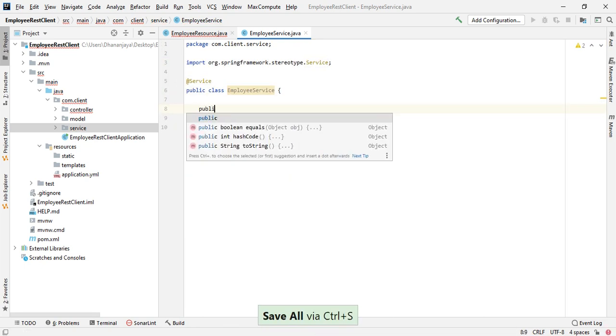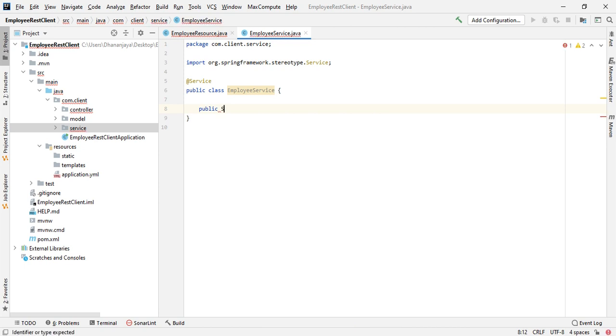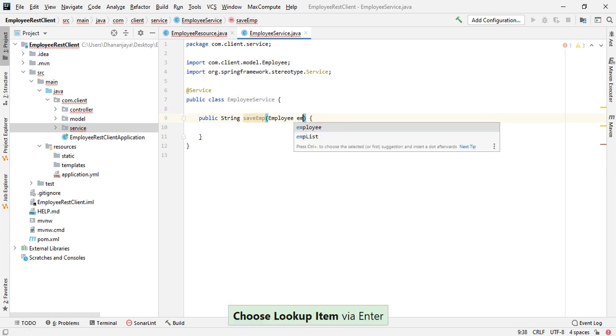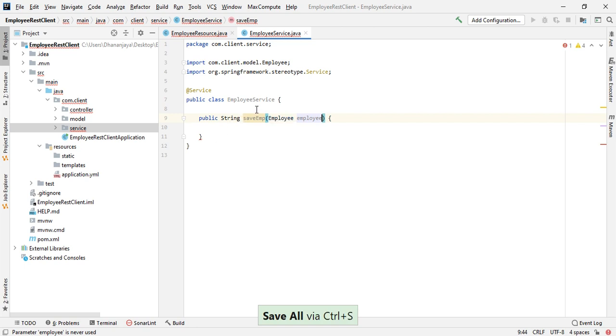Write a method public String saveEmployee. It will take Employee as a parameter. Okay. For now let's return null.